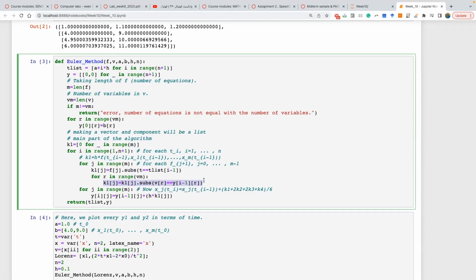I forgot what I did here. Okay, so anyway, I will give you this Python file. You won't use it in your final exam, so you are just learning this one. So this is the Euler method,